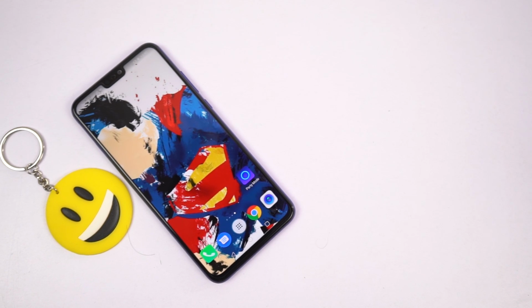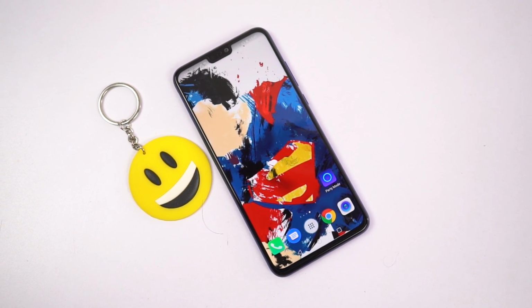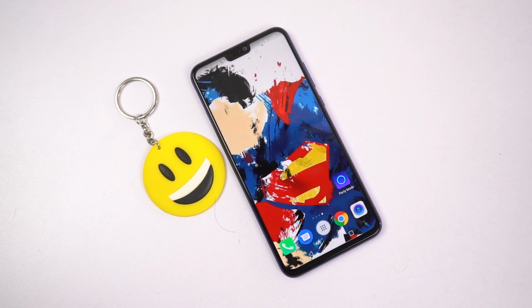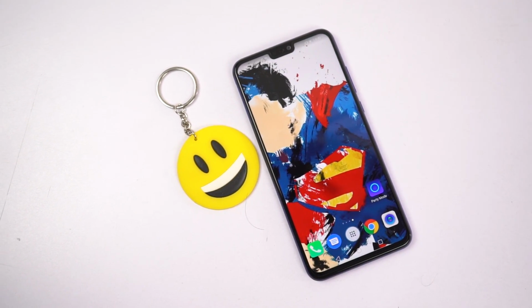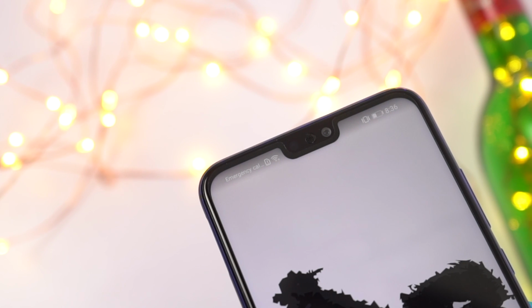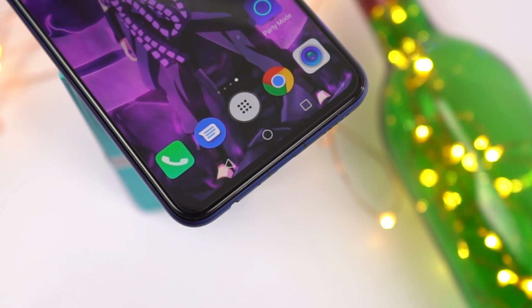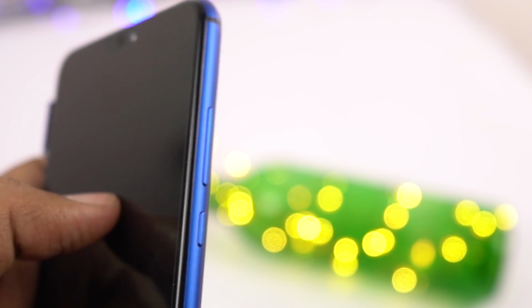This phone packs a massive 6.5-inch LTPS display with Full HD Plus resolution in the new 19.5:9 aspect ratio with 91% screen to body ratio. You also get the notch design with very small bezels all around. The bottom bezel is just 4.25 mm and it's insanely small. It also comes with a 2.5D curved Corning Gorilla Glass 3 for protection, which is once again a nice addition